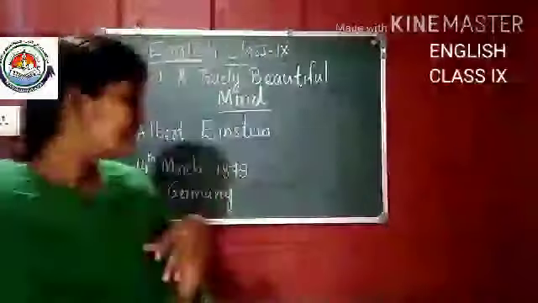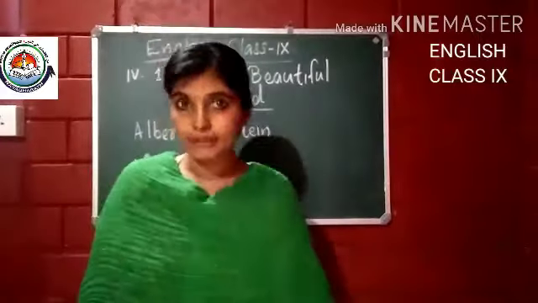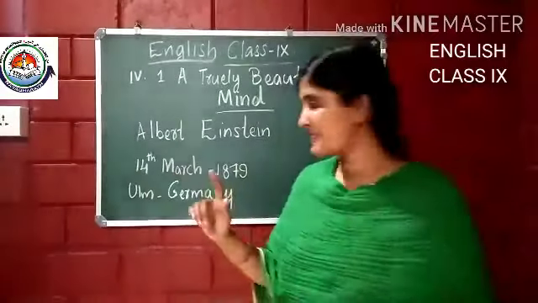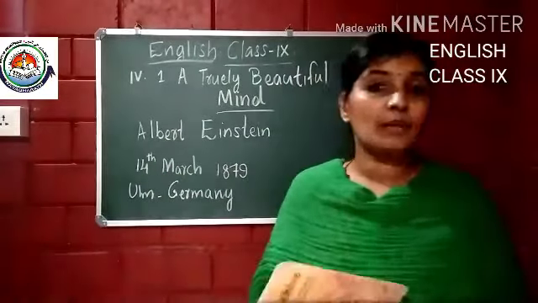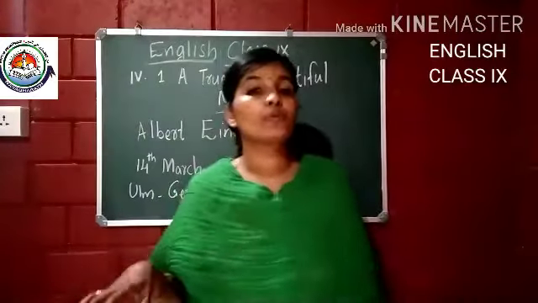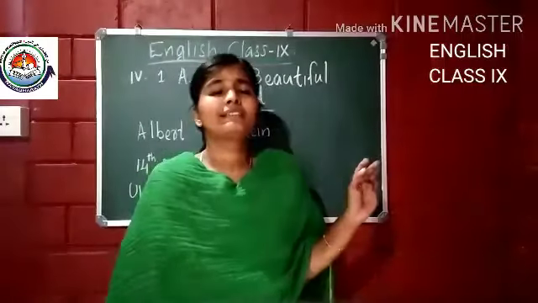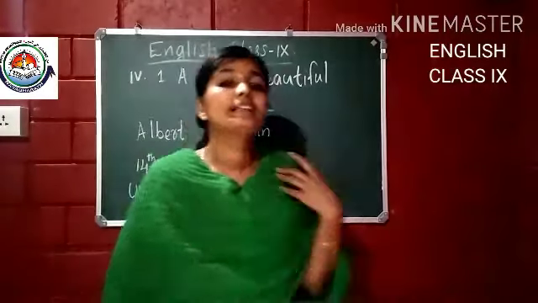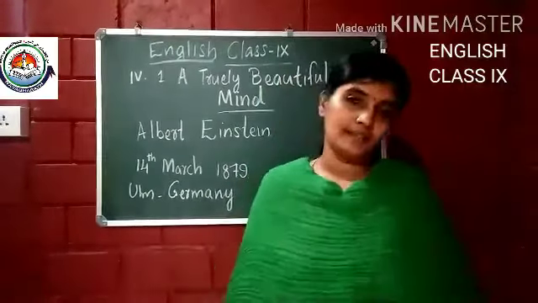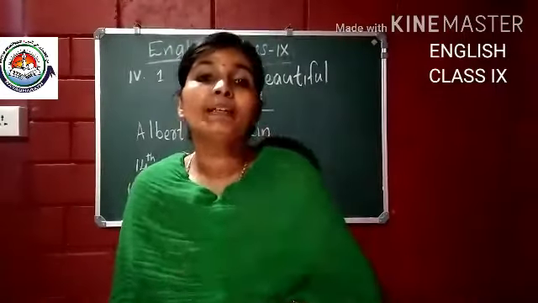In the first paragraph, it says that Albert Einstein was born on 14th March 1879. Please be very careful about the year and the date, because this may be coming for choice questions. So be very sure about the year, month and date. And then his birthplace was in Germany and the name of the town was Ulm. So when he was born, there was no evidence, not even a single symptom, that in the coming future he was going to be named as such a genius. But instead he was a very calm and cool man, and his mother felt that he would be a freak only.